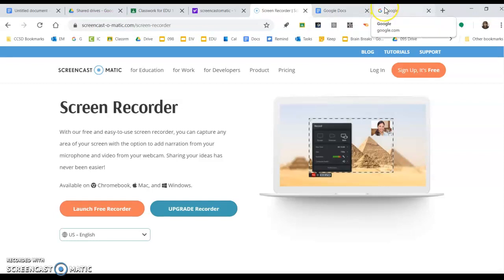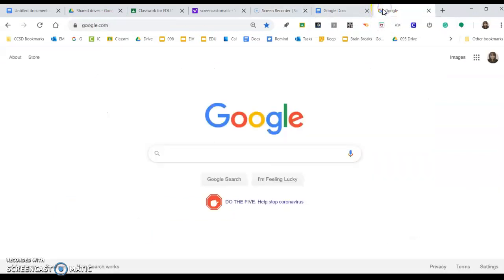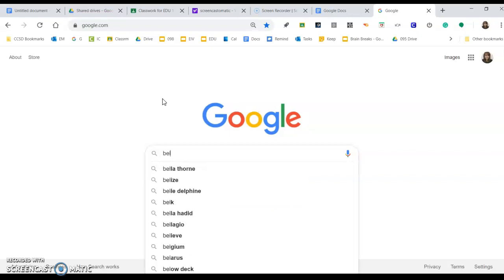Hi guys, I wanted to show you an easy way to do the assignment that you're going to do today. Today's assignment is to go find 5 bulletin boards that you like, pictures of bulletin boards, to put them into a Google Doc, and underneath each one say a couple things about what you like about that particular bulletin board. So the easiest way to do this,